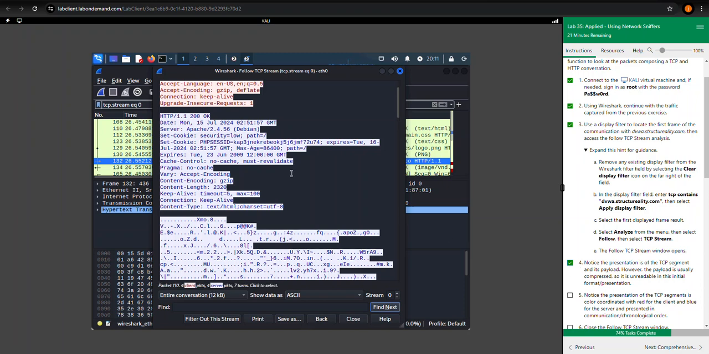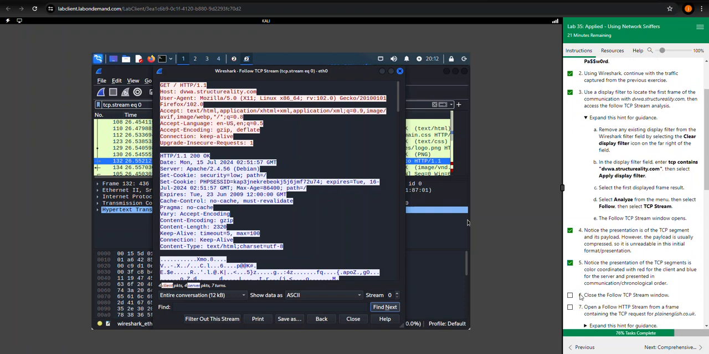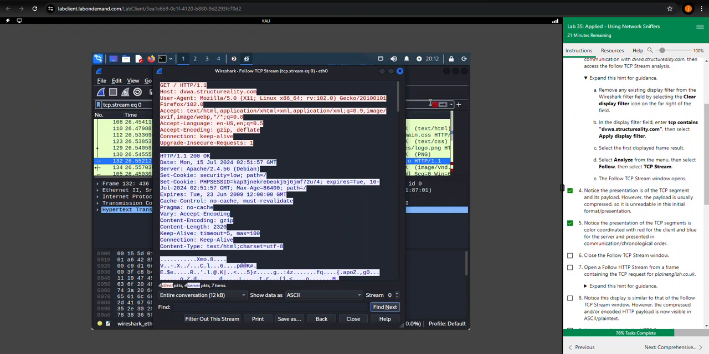You need to notice the color codings. The TCP segments are surrounded in red and blue for the server, presented in chronological communication order. So as you can see, this is our first part, and then this is our second part of our stream. We're going to check off step 5. We can close the stream window,